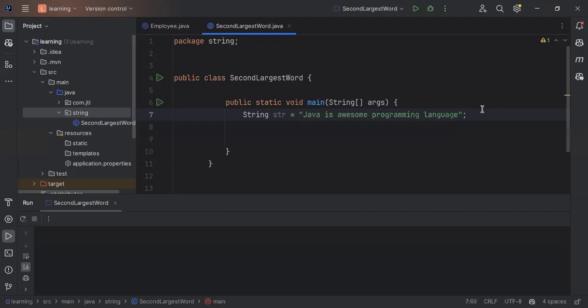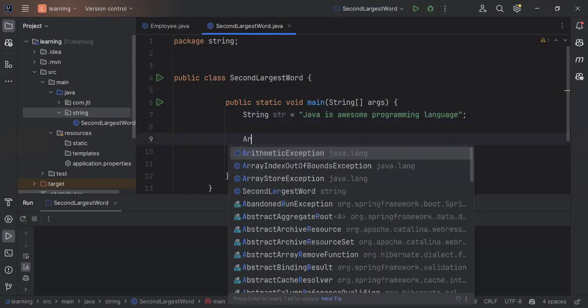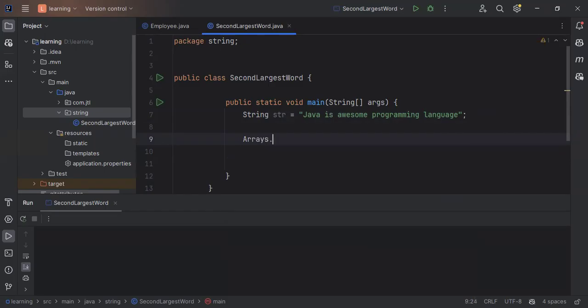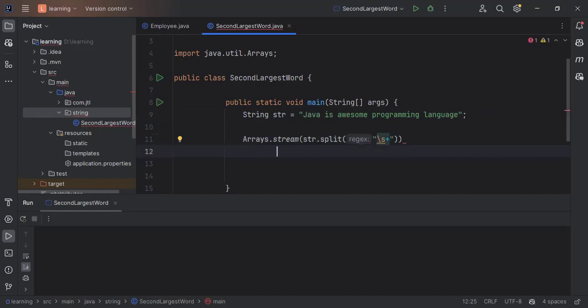We are going to develop this program with the Java 8 stream API. So for that, I will stream over this string object. What we can do is Arrays.stream. We will use string.split, and we will split this by the word. So we will use here word, and now we will sort this based on the words. So the .sorted method is there,